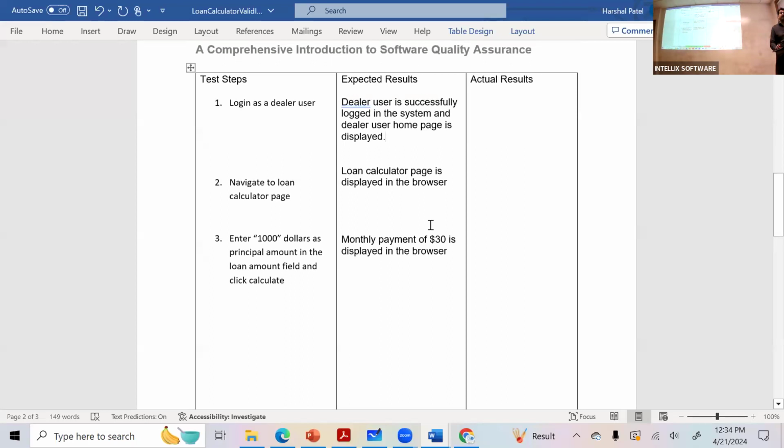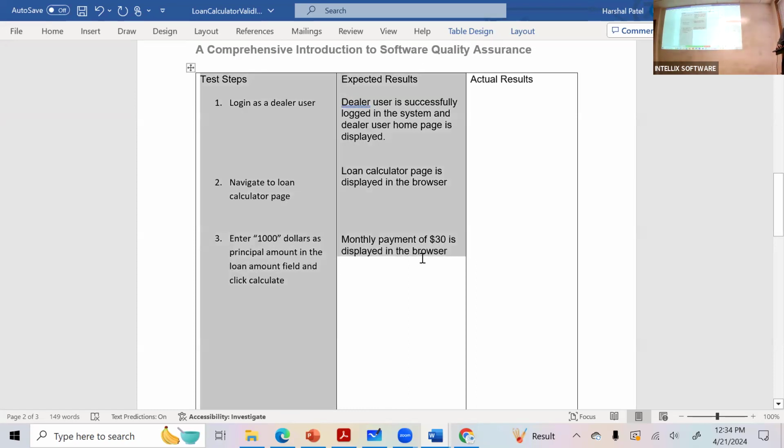What were you trying to do? You were trying to calculate to see if the system gives the right calculation or not, right? At this point, do you have to do anything else? Because the system did give you the answer, and you're validating that it is 3%. If anything other than 30 gets displayed, then what do you do? You say the system doesn't work as expected, right?